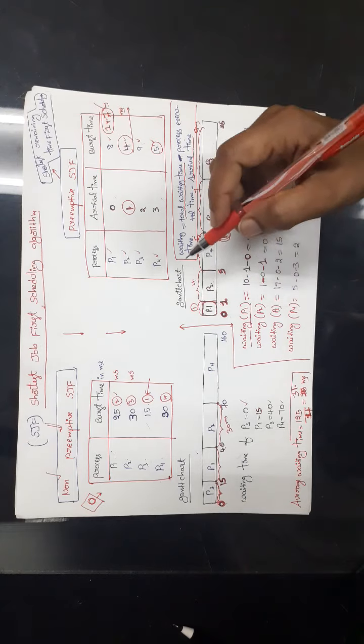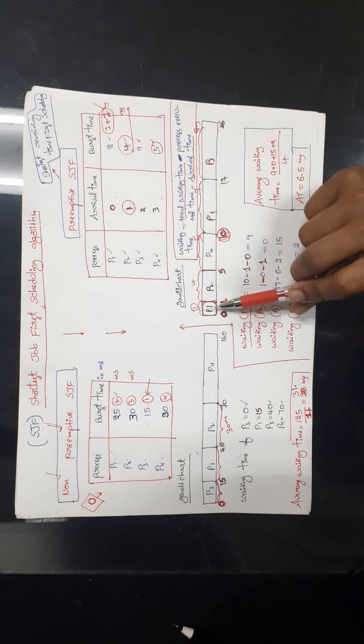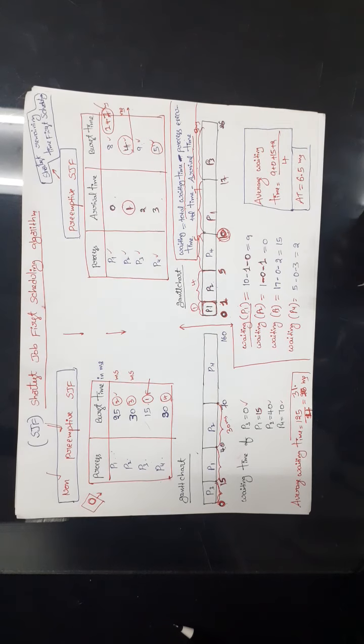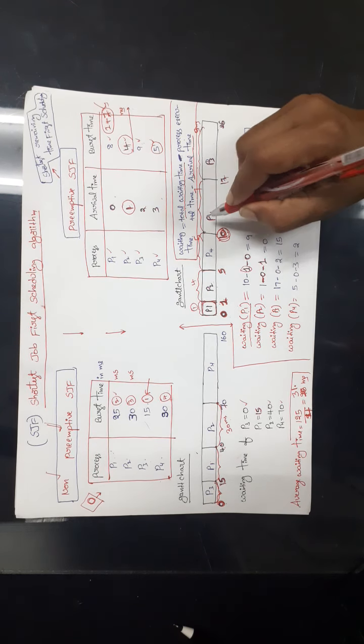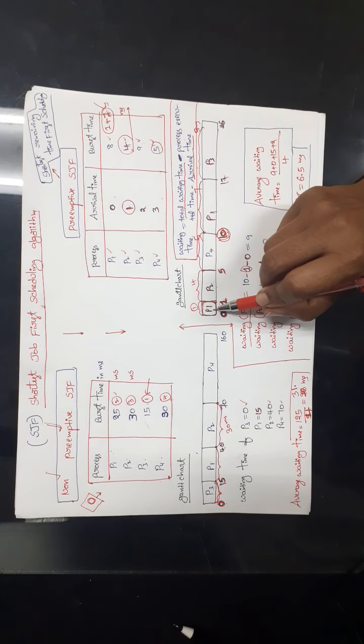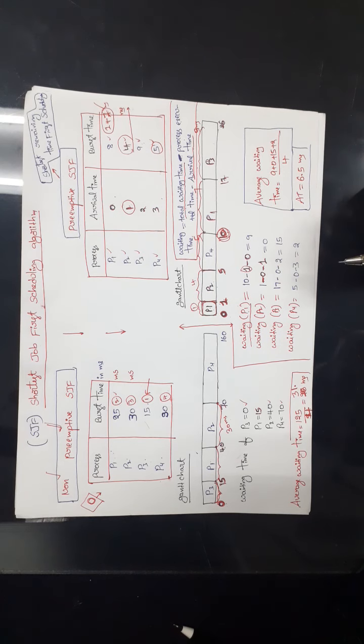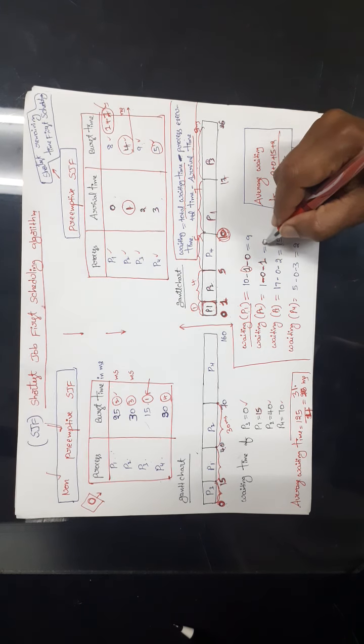Then, was this process executed before? No, right? So this value is 0. It has not been executed previously. Only process 1 has executed for 1 millisecond of time before the waiting time. So no other process has executed before that, right? So here if you observe the waiting time of P2, the total waiting time is 0.